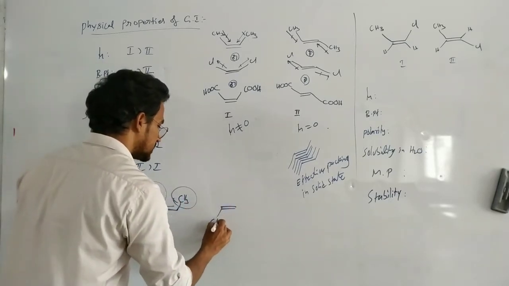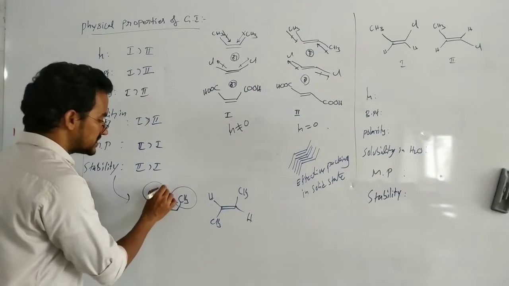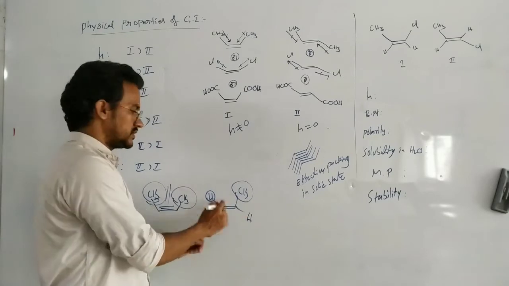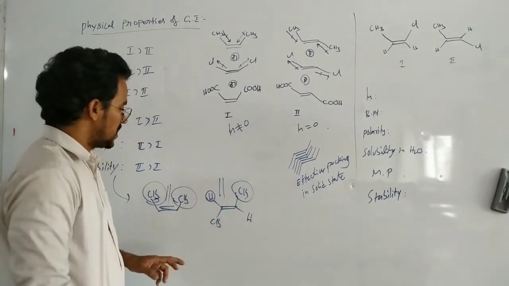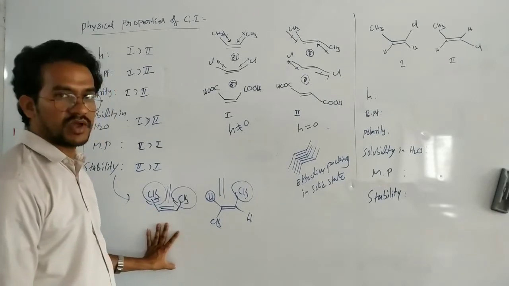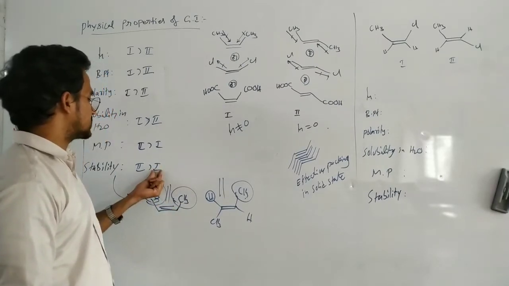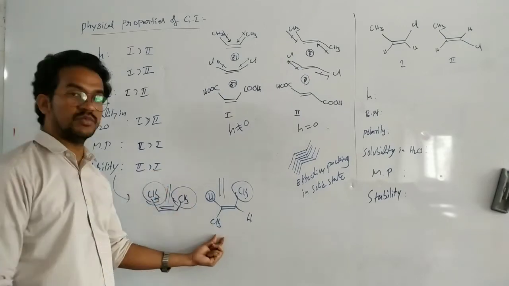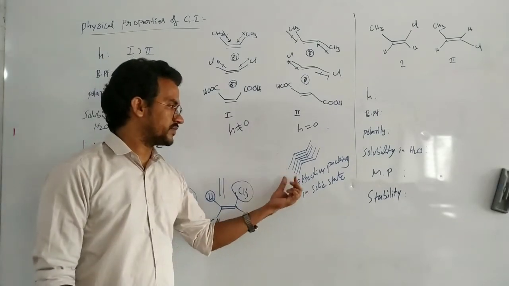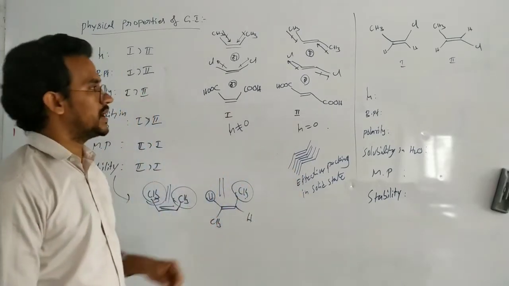Now I am writing the trans isomer. Here hydrogen. Here there is repulsion between one smaller and one larger group, so less repulsion between these two groups. Here there is more repulsion between the similar groups. So the extent of repulsion is higher when both bulky groups are on the same side, so it is a less stable compound. That's why the cis isomer is less stable and the trans isomer is mostly more stable. That means the more stable compound has effective packing in the solid state. That's why a trans isomer has a higher melting point.